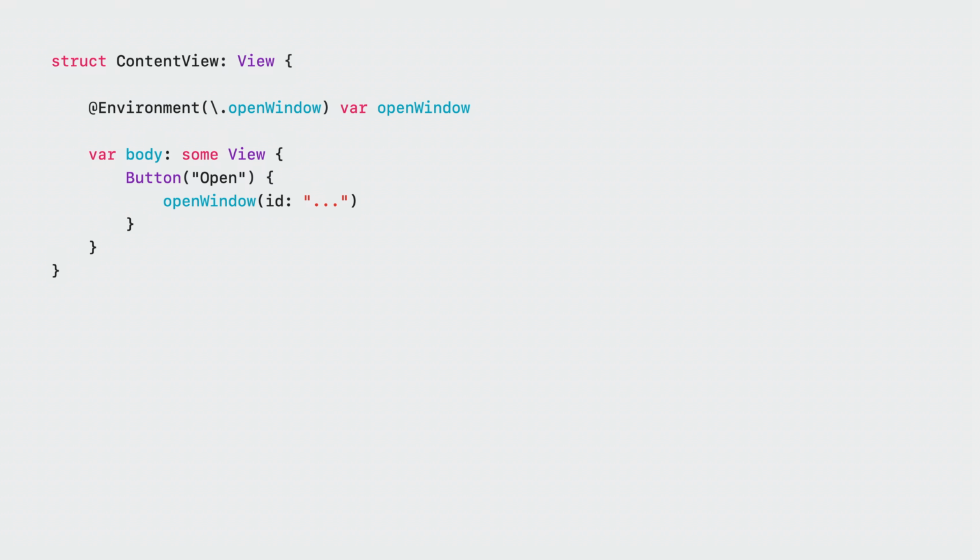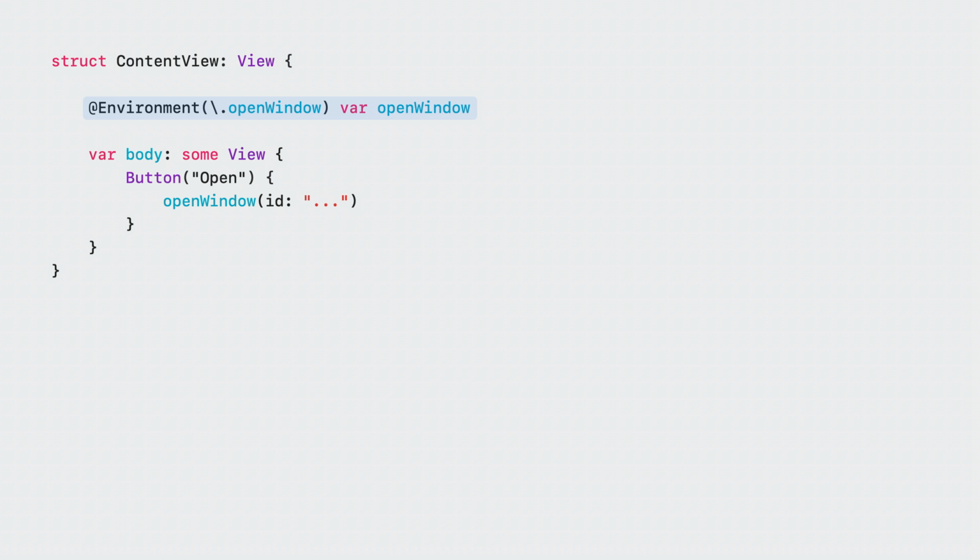Finally, let's have our app open the immersive space. If you have worked with multi-scene SwiftUI apps on iOS, you may have already seen how additional scenes are opened from SwiftUI code. The first step is to capture the closure from the view's SwiftUI environment, which is then called in response to an event, such as the press of a button.